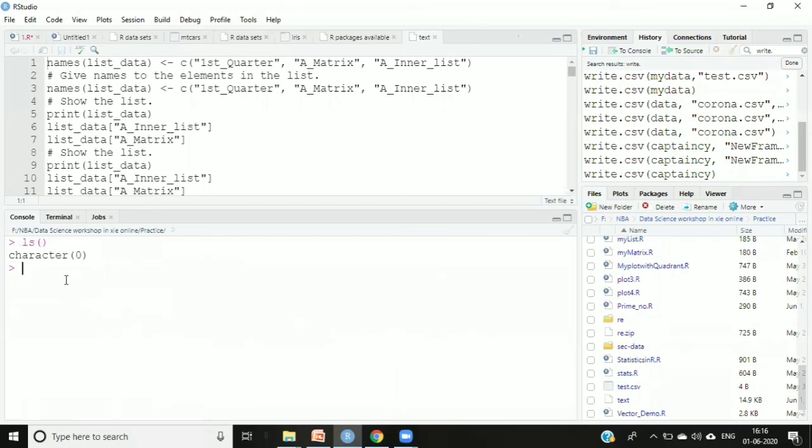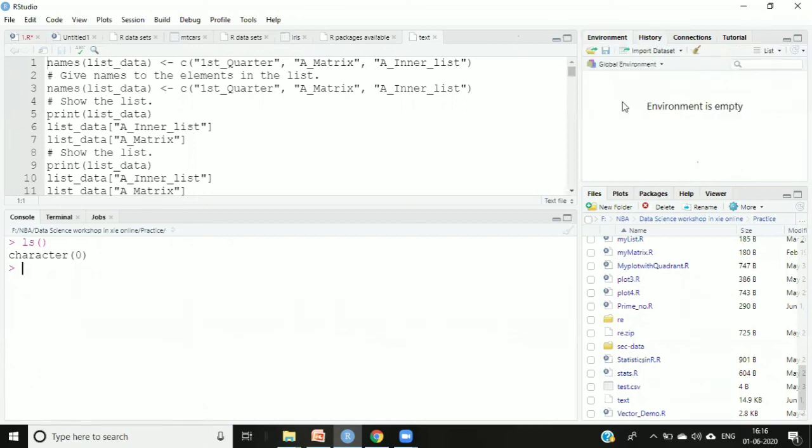So now it's not giving anything, but basically it will give whatever things are there in the environment. Currently there is nothing. Let me create something. x equal to 5, y equal to 10. So two variables I have created. Now I'll fire the command ls. Now it's showing me x and y.